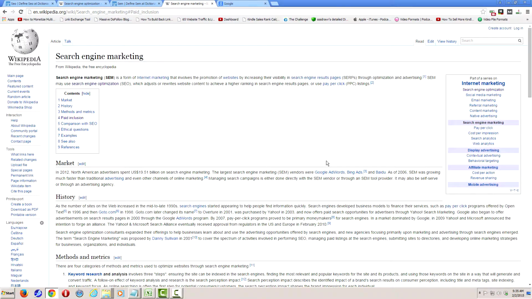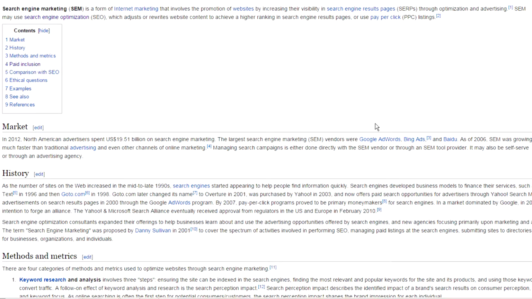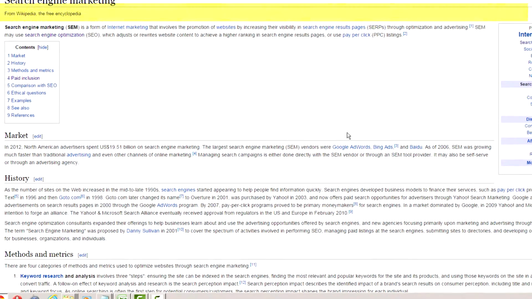Wikipedia goes on to define search engine marketing, or SEM, as a form of internet marketing that involves the promotion of websites by increasing their visibility in search engine results pages, also known as SERPs, through optimization and advertising. SEM may use search engine optimization, or SEO, which adjusts or rewrites website content to achieve a higher ranking in search engine results pages, or use pay per click, also known as PPC, listings.